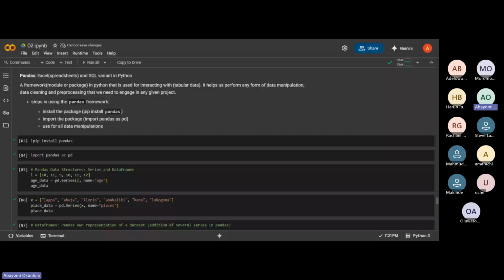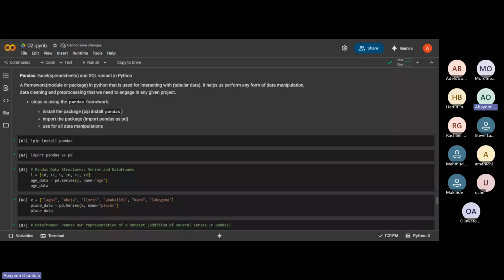Okay, so now we've worked on NumPy, numerical Python. Yeah, we're coming to pandas. So what is pandas used for? Pandas is a data manipulation library built on Python.